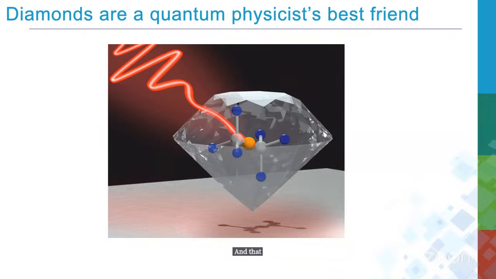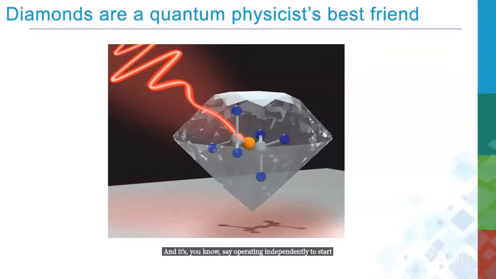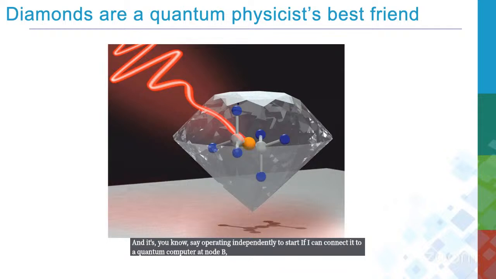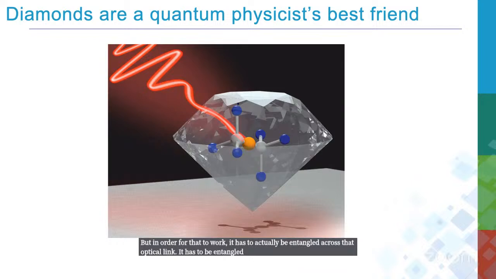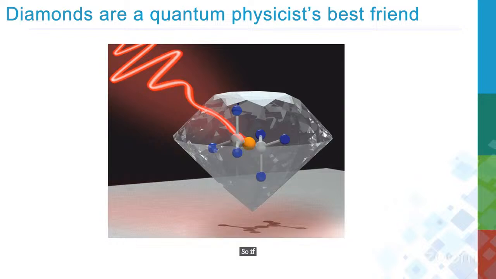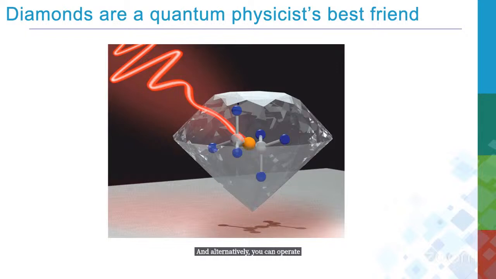And that's really what we're trying to do in a network, right? We want to be able to, for example, I have a quantum computer at node A, and it's say operating independently to start. If I can connect it to a quantum computer at node B, one of the things you can do is make that thing behave as though it is one larger quantum computer. But in order for that to work, it has to actually be entangled across that optical link, or it has to be entangled, period. One way to do that is with an optical link. So if these two quantum processors are entangled with each other, then it will behave like a larger quantum processor. Alternatively, you can operate them independently where they're not entangled with each other. Then you can do computations, but the way that scales is exponentially slower than if you connect them together quantum